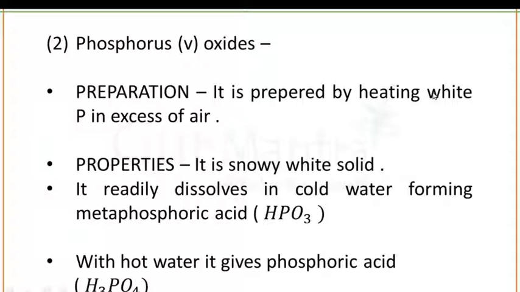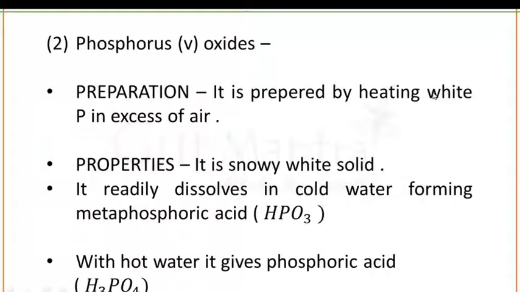This white crystalline solid is the anhydride of phosphoric acid. You have to remember this point. It is the most powerful desiccant and dehydrating